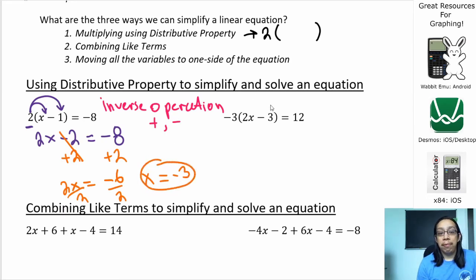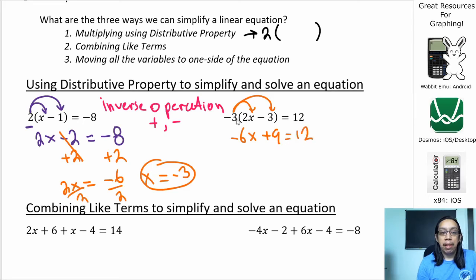So that's the whole idea with these types of problems, is that you want to distribute if you can, and then solve the resulting equation. So let's go ahead and do it one more time. We're going to take this negative 3, we're going to multiply it. So negative 3 times 2 is negative 6x. Negative 3 times negative 3 is positive 9,